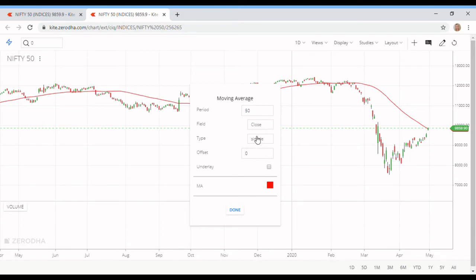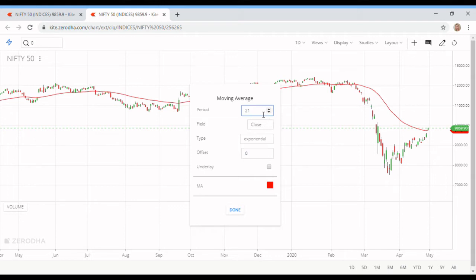So this is the simple moving average, and we have one more called exponential. The exponential moving average is always calculated based on the very recent prices, so it gives weightage to the recent price levels. Here we can see the EMA, and we can use either a simple moving average or an exponential moving average. If you are a short-term trader, you can prefer the 21 period moving average, which will give more trades. It will cross the candlesticks more times, so you can enter and exit multiple times in a short-term period.